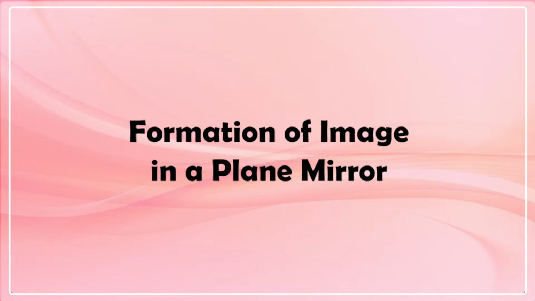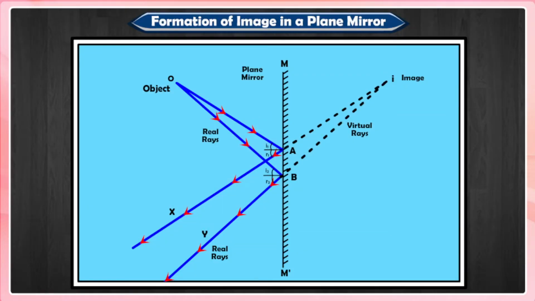Formation of image in a plane mirror. When an object is placed in front of a plane mirror, its image is formed in the plane mirror. Suppose a small object O, say a pinhead, is placed in front of a plane mirror MM', an image of this pointed object will be formed in the plane mirror. 1. We take two diverging rays OA and OB from the object O. The rays OA and OB are incident rays which strike the mirror at points A and B, making different angles